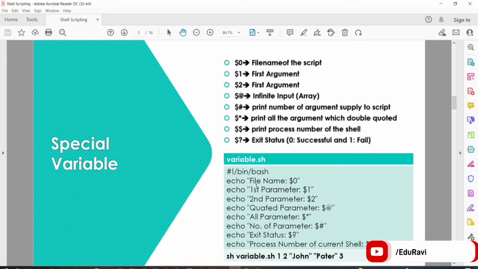The same echo $name, and then $0. Then we have first name, first parameter I will pass, second parameter I will show you one by one, then double quoted value and everything. Okay, so let's